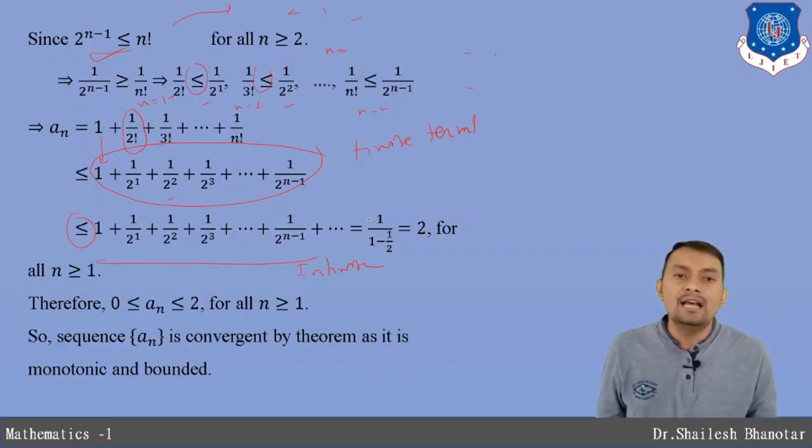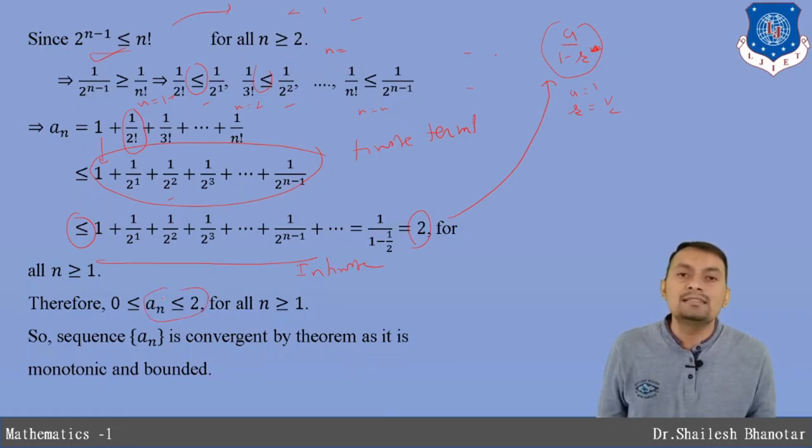And we know that whenever we have infinite terms, our geometric series sum will be a divided by 1 minus r, and that is going to be the final. Here a is nothing but 1 and r is 1 by 2, that is the ratio. Therefore a divided by 1 minus 1 by 2, and when you simplify, you are left with only 2. Therefore we can say a_n is less than or equal to 2. But this is a factorial number, so it will never go below 0, and therefore it is bounded below by 0. But we are interested in the bounded above, and therefore the theorem says that the sequence is convergent.